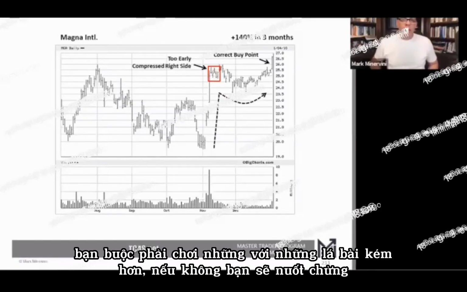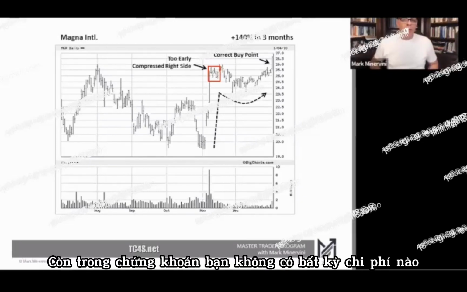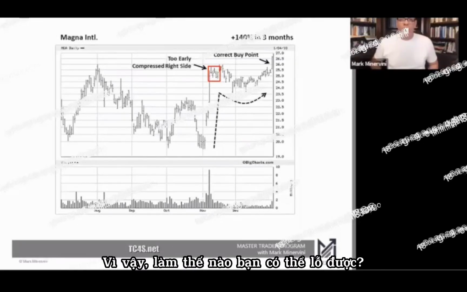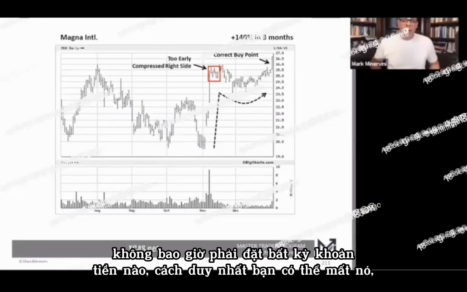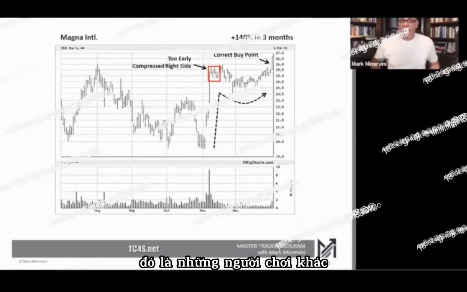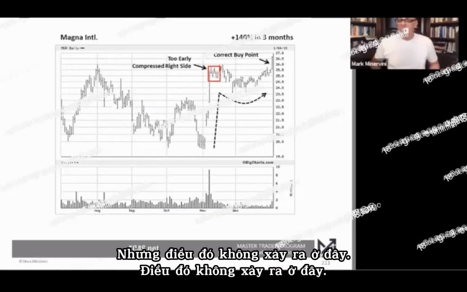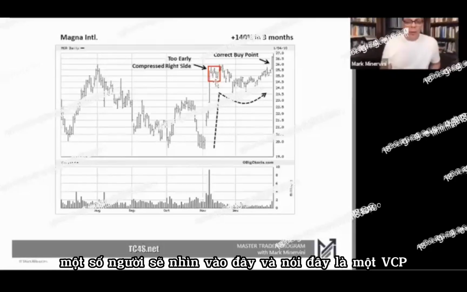Otherwise, you get eaten up with the cost of playing the game. Well, you don't have any with stocks. You don't have any cost. You can sit and wait and wait and wait, and only play aces. So how could you lose if you played poker and you only played aces and you never had to put up any money? The only way you can lose is if the other players adjust their play for you, but that doesn't happen here. So now, just going back to this chart, some would look at this and say, well,